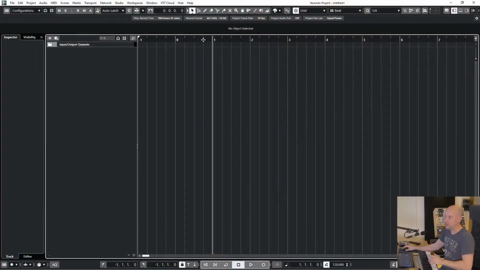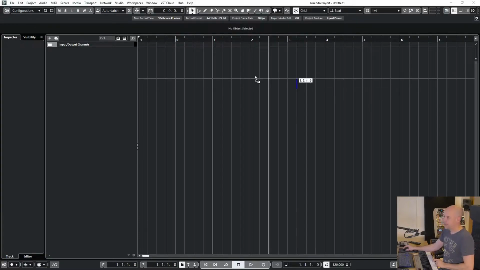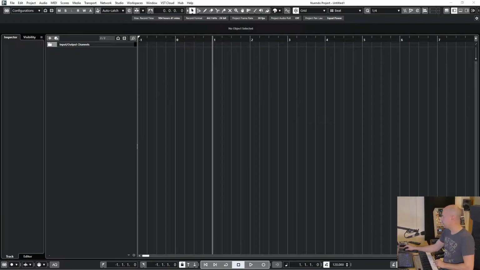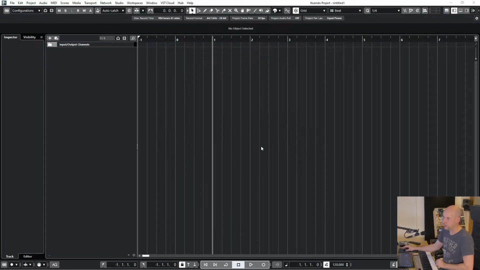Okay, but here it worked fine. So now we are working in 44.1 kilohertz. And I use a song. It's the same song twice. So this is a song you can see in 48 kilohertz. I want to import it, and here we say, well, okay, I want to convert it to the right sample rate. So this is the file sample rate, and this is the project sample rate that you can see here. Okay, we want to convert it,